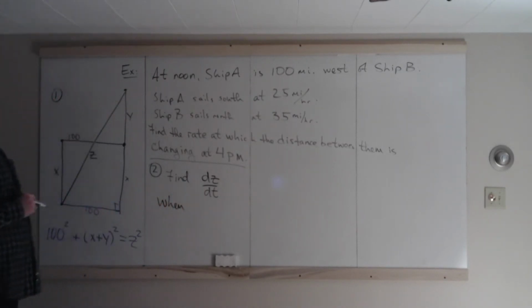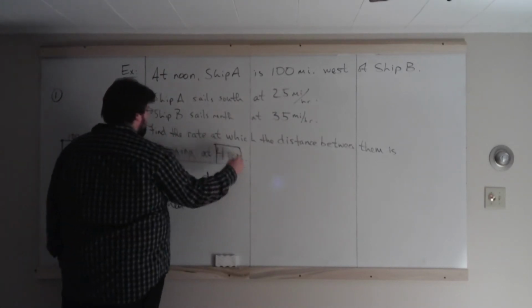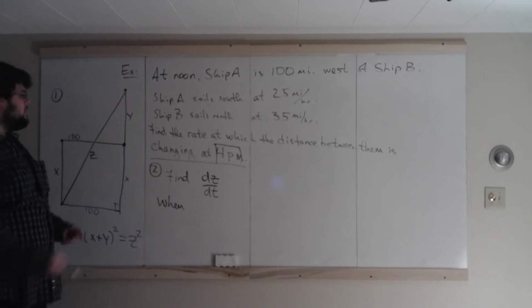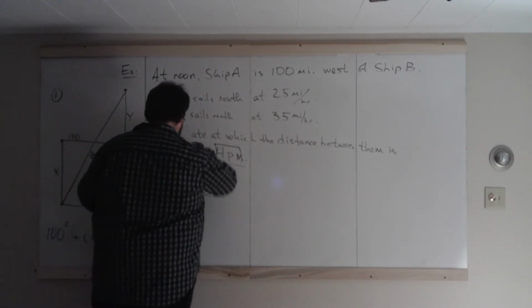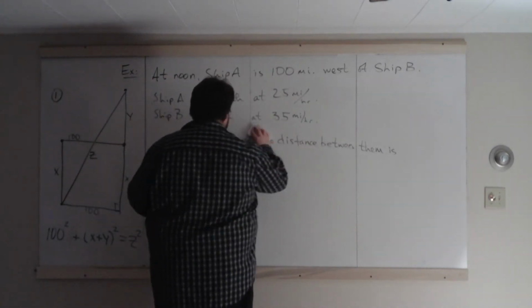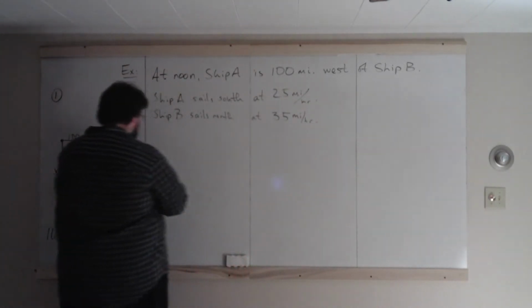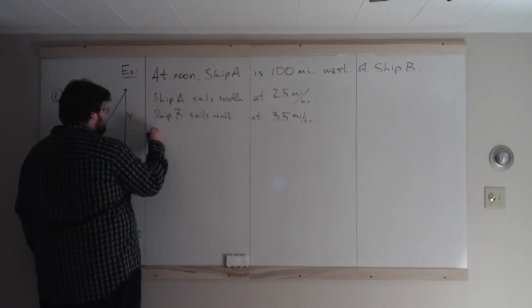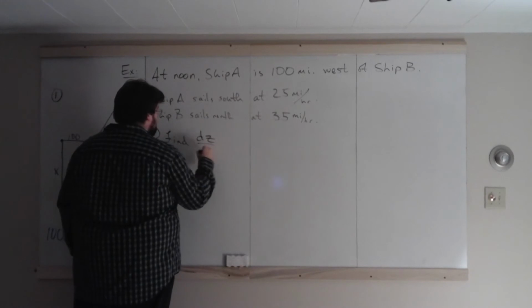We want it at 4 p.m. I already used that last sentence, so I'll just erase it and move this information up. So 2, find dz dt